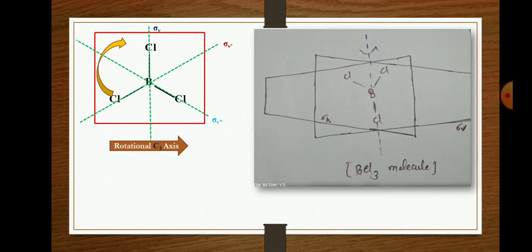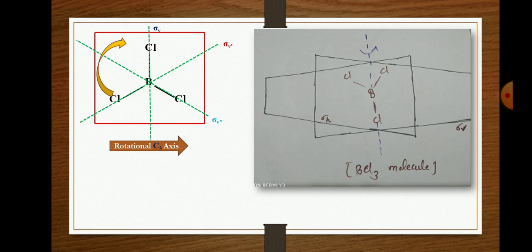Try to understand, this picture is important for the exam when you draw the boron trichloride molecule. Each chlorine atom has a sigma V, and it is a trigonal planar structure. So when you cut the molecular plane, we require a horizontal plane, and that horizontal plane is shown as sigma H. It is just like two projectors passing through each other through this BCl3 molecule, and we get a C3 axis.